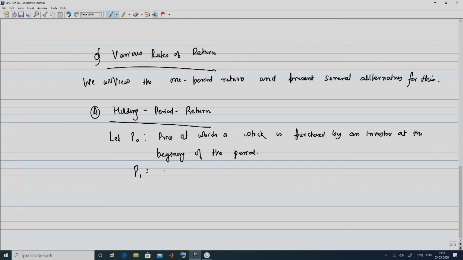Then let P1 be the price at which the stock is sold by the investor at the end of the period. And this period could be, for example, say 1 year. Now, during this period,